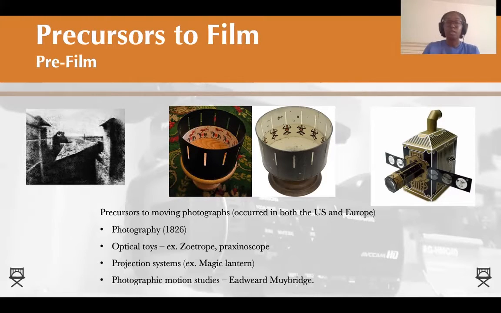And then on the very far right, we have projection systems like the magic lantern. And that was important in projecting the images that we record. The magic lantern itself, I don't believe, projected any moving images because as you see, you have to move the film in front of the actual light. So if someone was manually doing that, in order for the eye to perceive movement, there would have to be 12 frames per second,